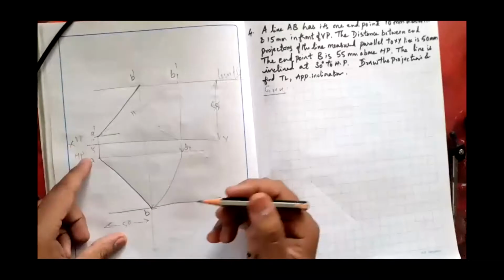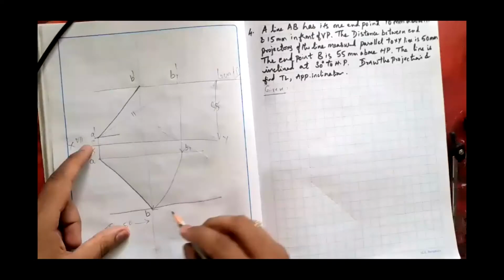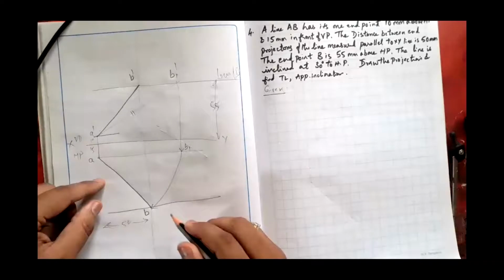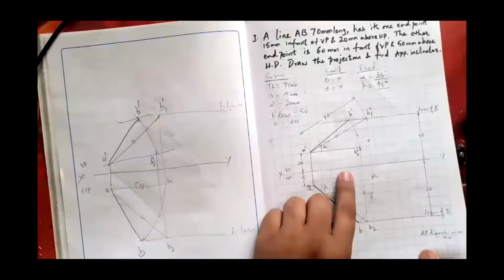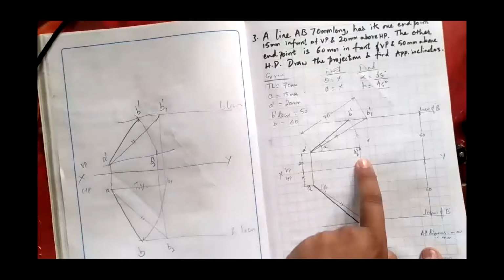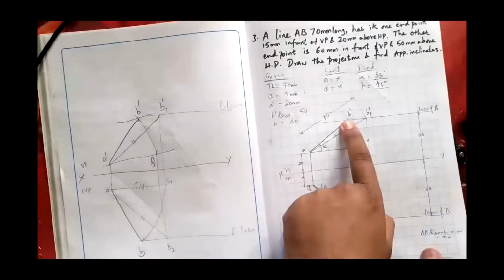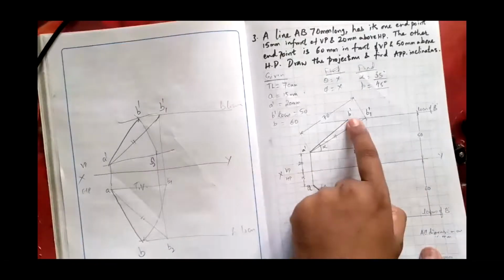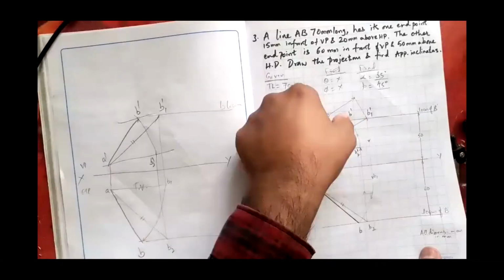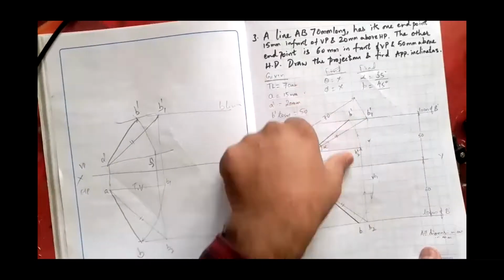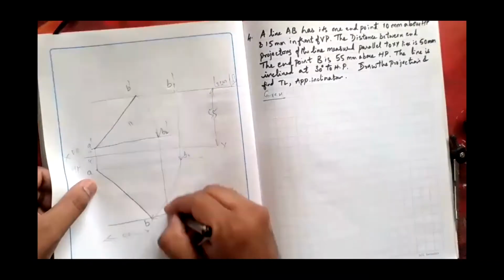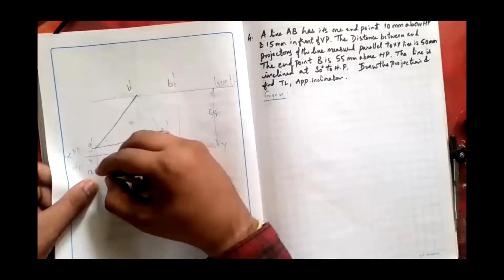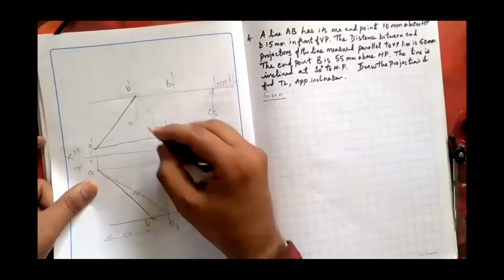What is the next condition? I have to find out the true length here, which means I have to rotate the front view back. Earlier, from this true length we found B2 dash, and then from here we rotated till the locus of B to find B dash. Now I know B dash, I'll rotate B dash back to B2 dash, and from B2 dash I'm going to find B2. If I join this line and get the same true length that is there here, then my problem will be right.